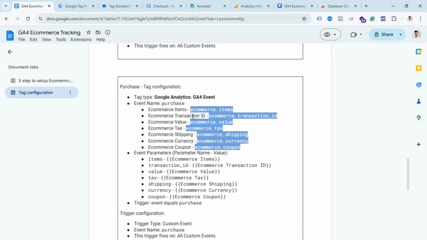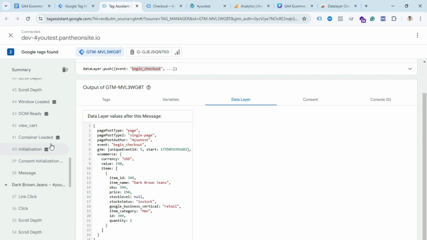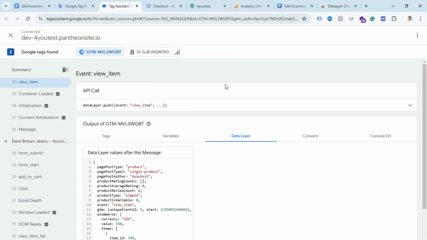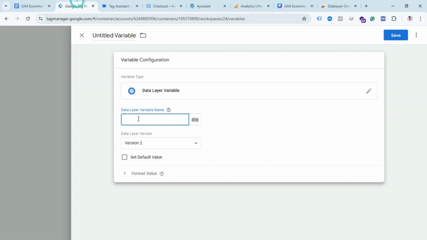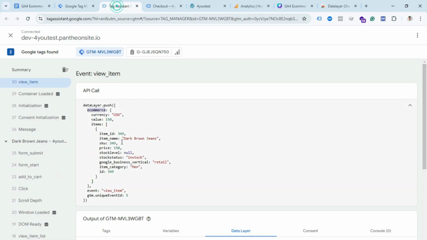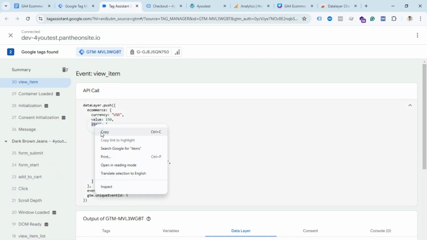You have to just copy this name and create a new variable. So we can see this event is the purchase event. So first we need to create the ecommerce items variable. And if you open Tag Assistant and go to the view item event, and expand this view item, you can see how you can create the ecommerce items variable. So for that, first you have to copy ecommerce, then add a dot here, and again you have to copy items,